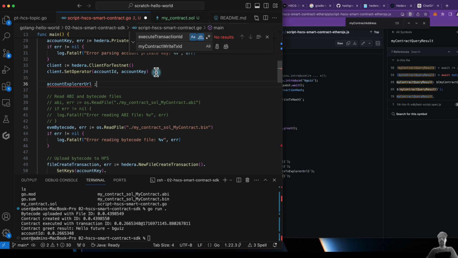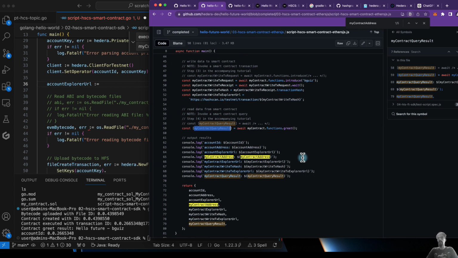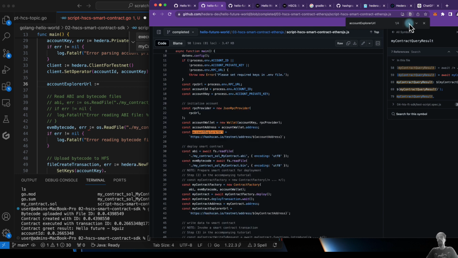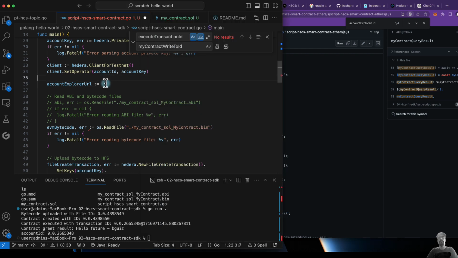Maybe over here. Colon equals to, and account explorer URL. So that will be